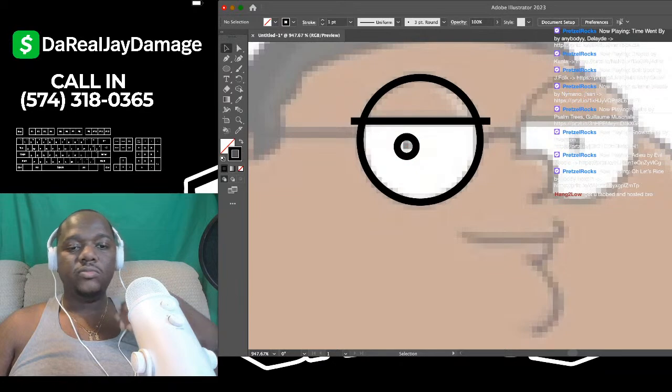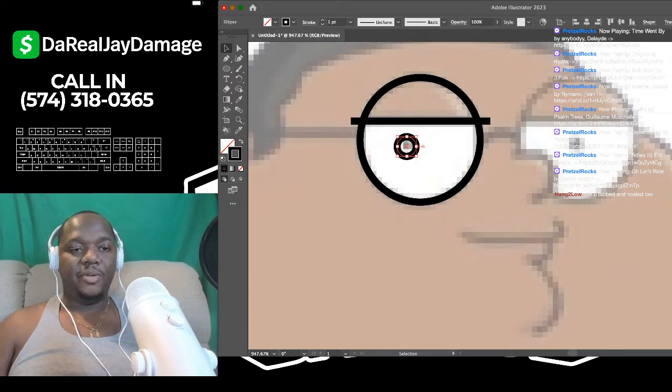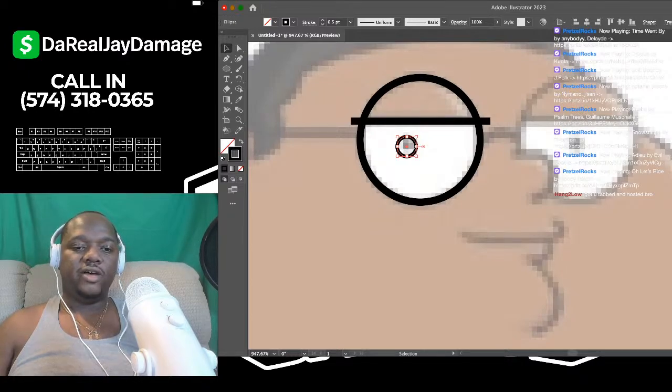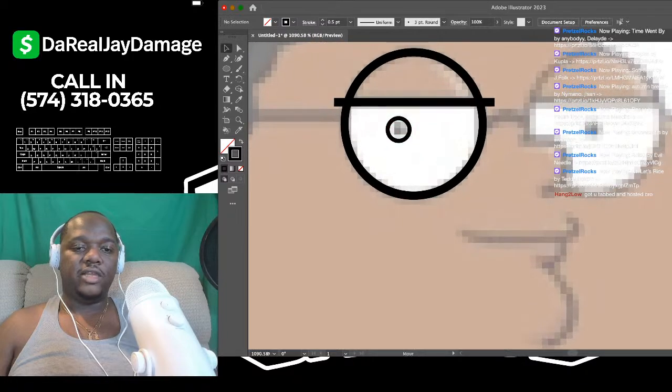Boom. Actually, I'm going to take the stroke down. To take the stroke down, at the very top of the menu, look on the top left side, you should see stroke. Once you see stroke, grab that number that says 1 PT, hit the drop down menu right next to it, that arrow pointing down, and just choose a smaller number. Instead of 1, you want to go lower. I'm going to choose a 0.5. 0.5 is good for that. So drag that into place.